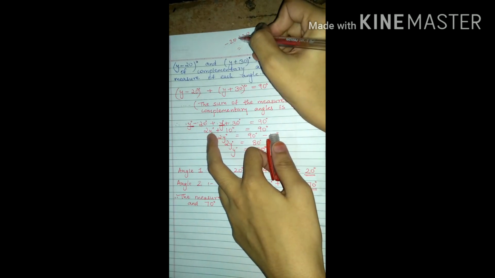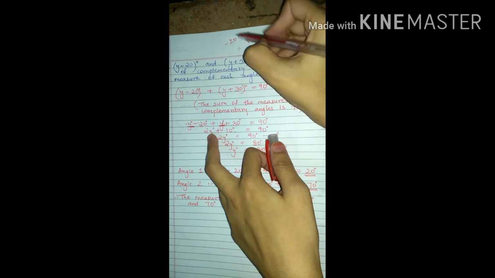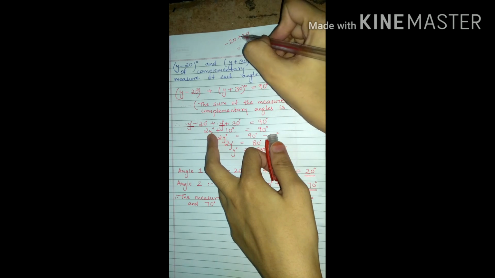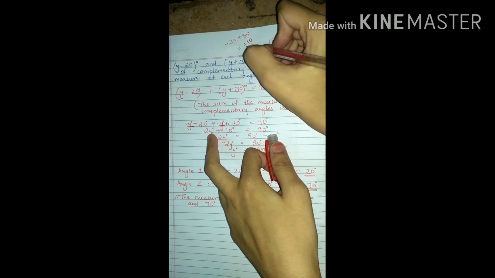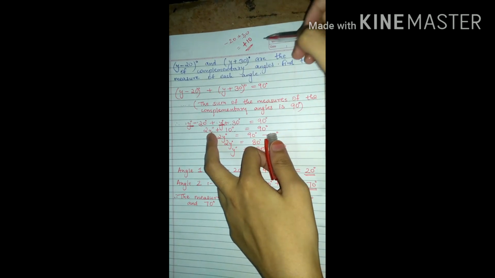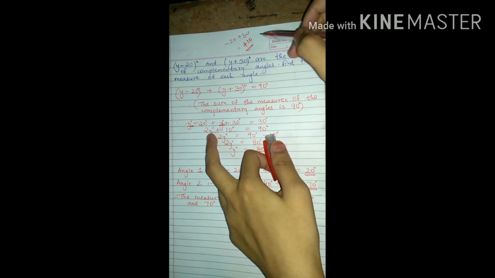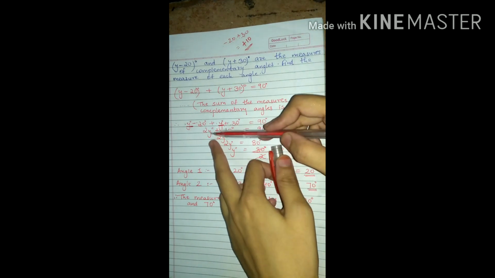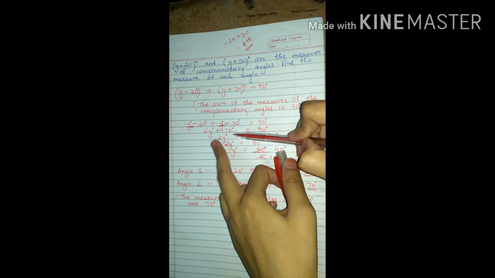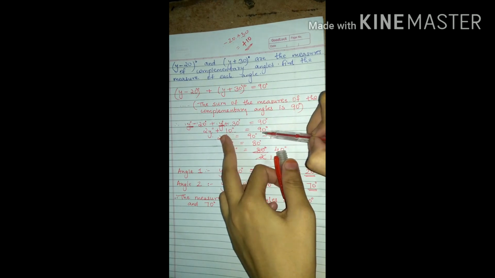Minus plus becomes minus. So 30 minus 20 is 10. Then what? Bigger number is what? 30. So the sign of 30 we will give to 10. This thing you know as you have learnt in multiplication and division of integers. Okay, so what we get? 2y degree plus 10 degree equals to how much?